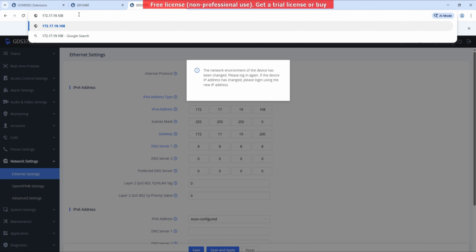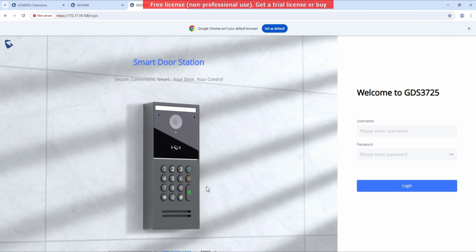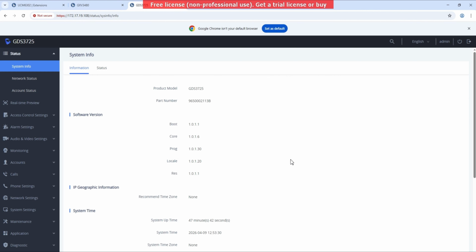Now we have to configure the calling option. There is a number pad and a call option on the outdoor device. Once the bell button is pressed, the call should go to the internal indoor device, and we also have to configure the gate opening command. For that,